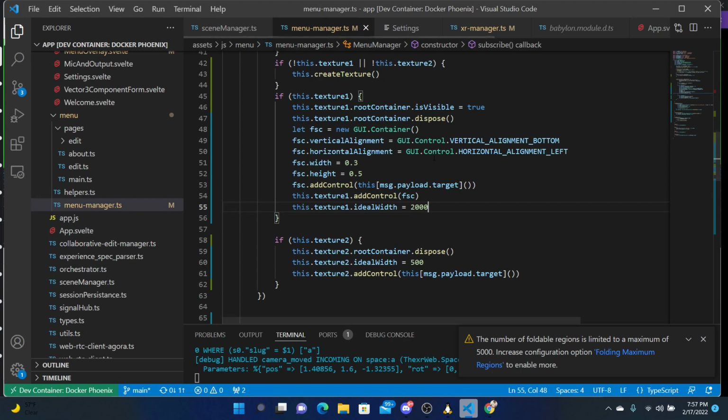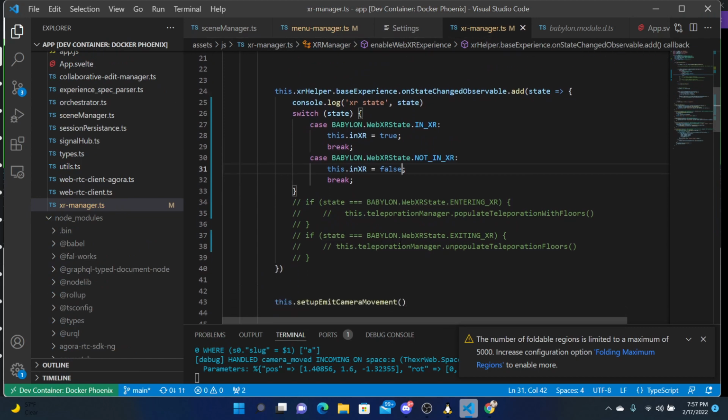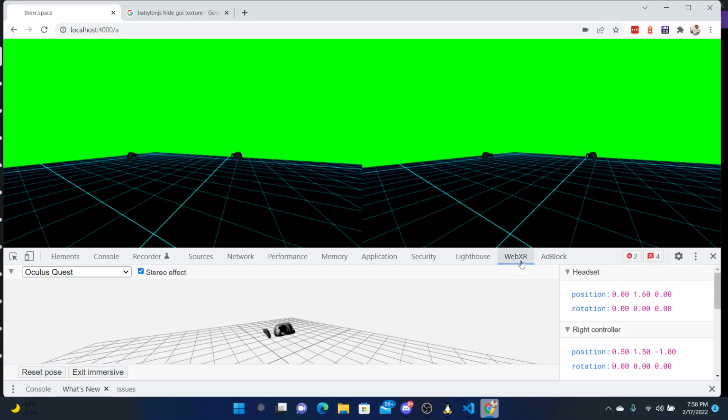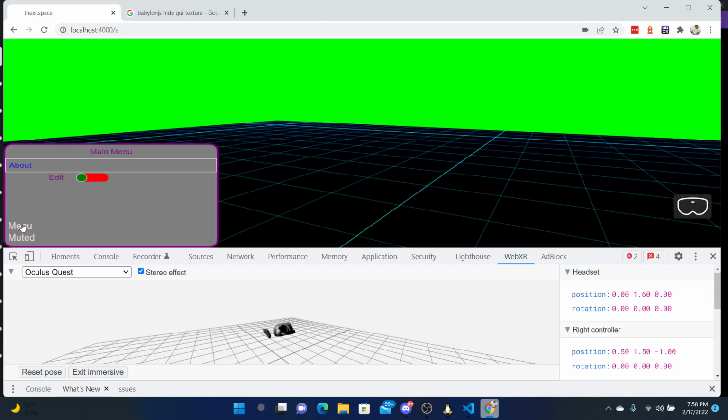So that's what this thing was. I had a teleportation manager before, which would manage listening to things that you create and put the floors. Oh yeah, the other thing we need is to put back the menu of, let's exit WebXR. The other thing I need to put back is a menu for primitives. So we can edit, which means we can,